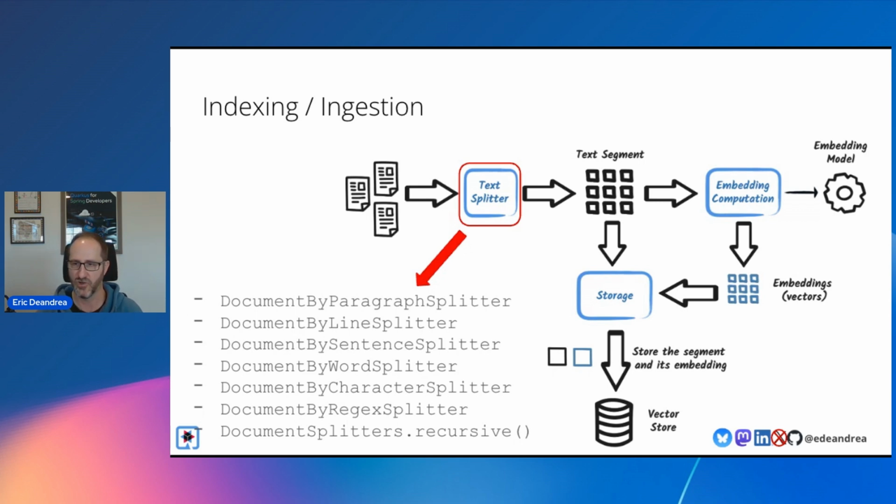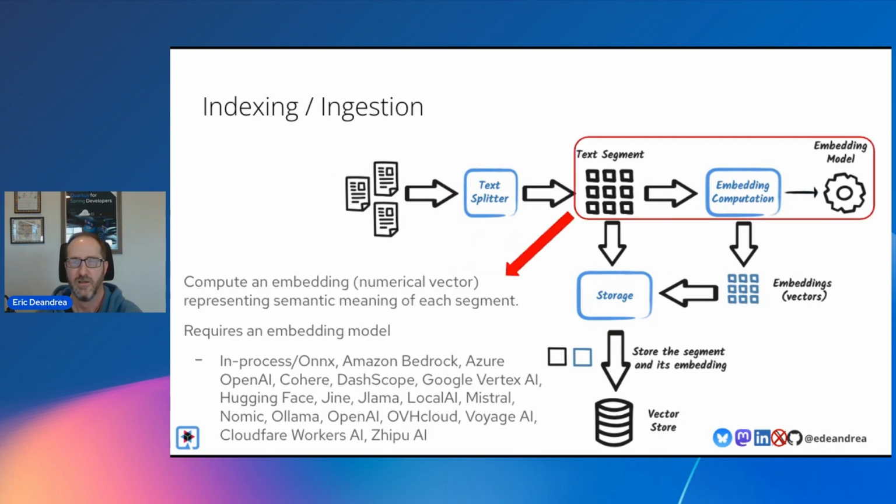And then there's this catch-all document splitters, which can apply some kind of recursive pattern to it. You tell it how many tokens you want in each segment and how much overlap you want, and it'll kind of go down the line, look at a paragraph. If it's still too big, it'll take the paragraph and split it by line. Then if that's still too big, it'll take it by sentence and then by word. And you can start to see how that might work.